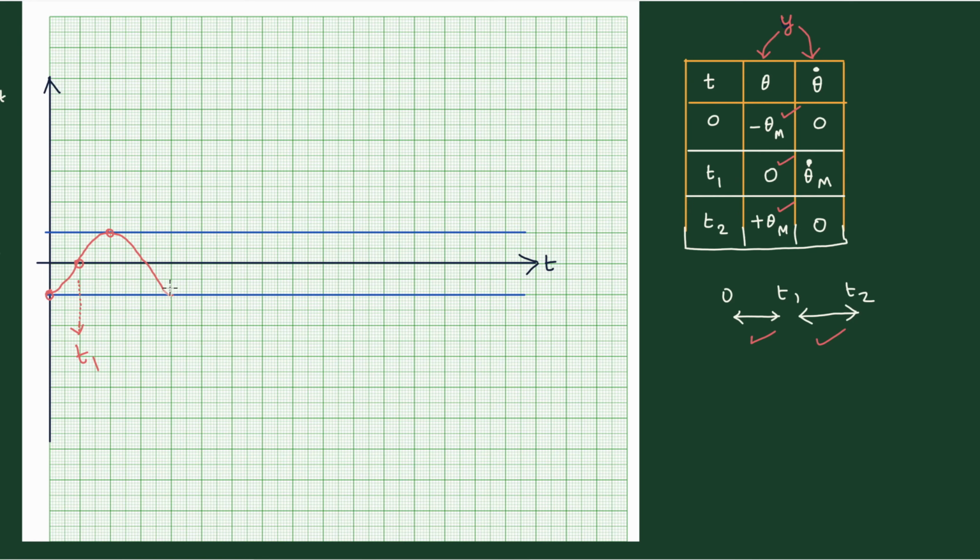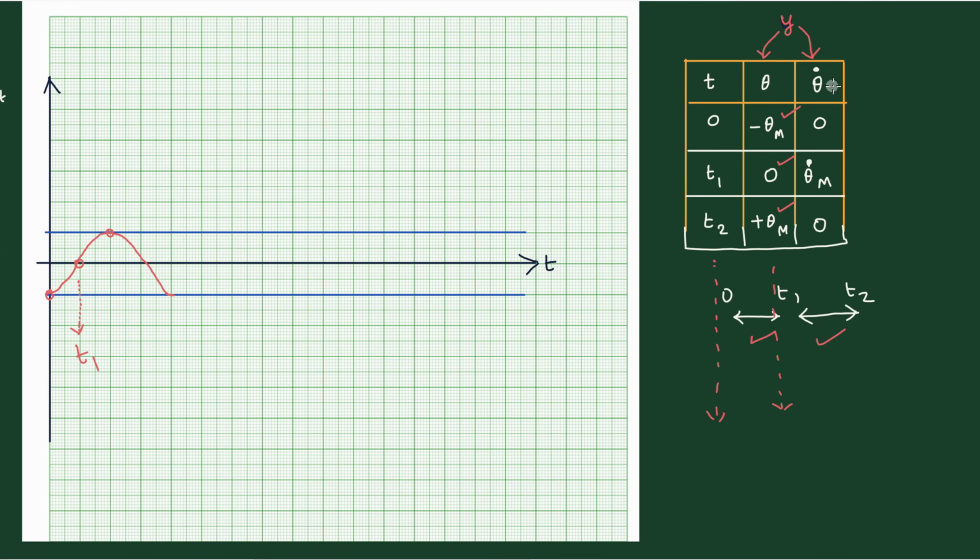So you'll have a curved path like this, and you'll have to perform the experiment after T2. This is not a stopping point. It will go like this, and at every time the oscillation continues: first oscillation, second oscillation, third oscillation. So the table grows like this, and when you collect the data and complete this particular diagram, it looks like this. Finally it takes the form of something like a sinusoidal wave. That is what we observe from the experiment. So the graph is clear now for the theta part.